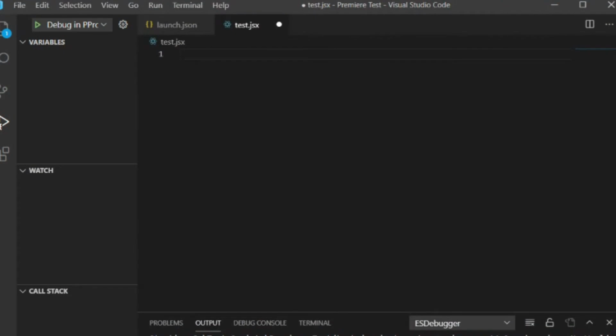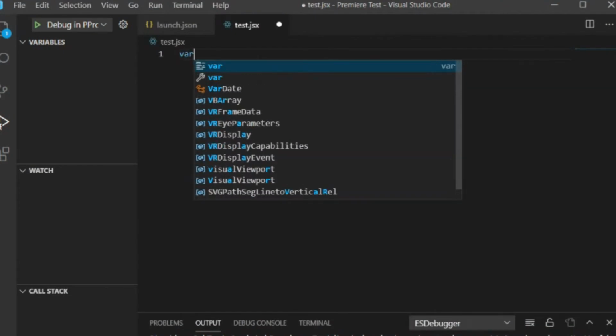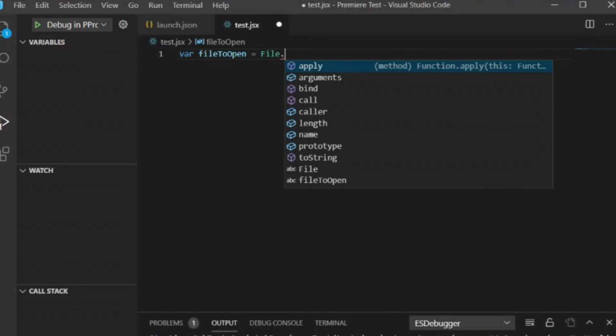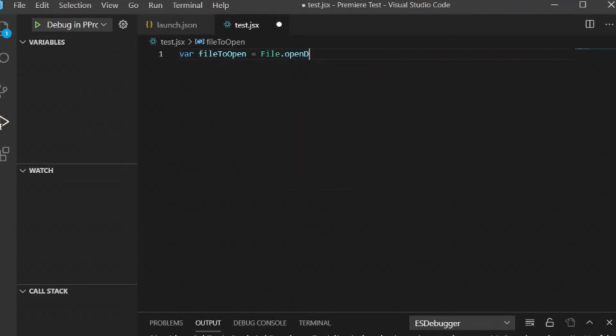To do this task, we first need to get the file that we are going to open. So let's create a new variable and we'll call it fileToOpen, and that equals File.openDialog, and then we're going to put in the name to show in the dialog box. So we'll say "Please select an image or video file", and then with our semicolon,